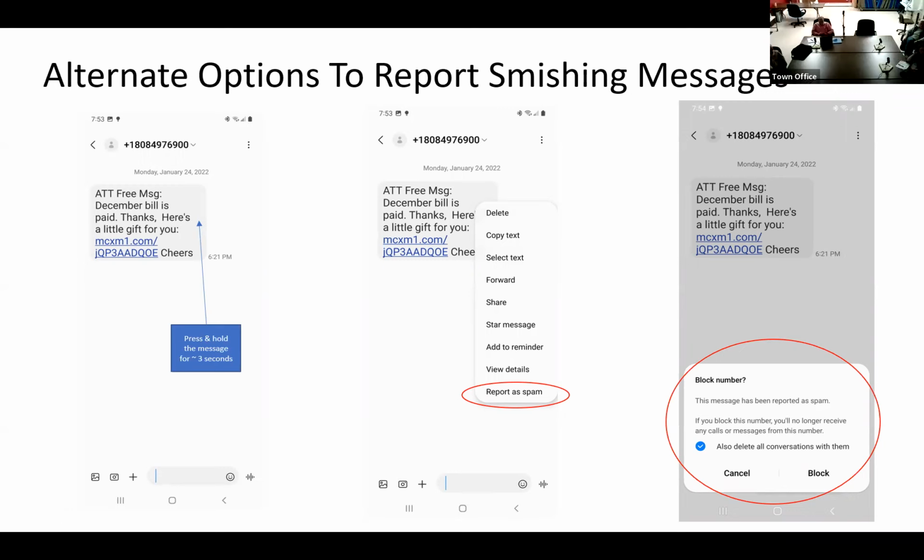I just have a follow-up question, because I actually got one from somebody I didn't know, but it came in via WhatsApp, which is its own app run by Facebook, but it runs off of phone numbers. It was obviously somebody I didn't know who thought they knew me. I looked and looked, but I couldn't find anywhere to report it as spam. I can't remember how I got rid of it, but I think I deleted it. My follow-up question is, is there any risk in opening those messages as long as you don't hit any embedded links?